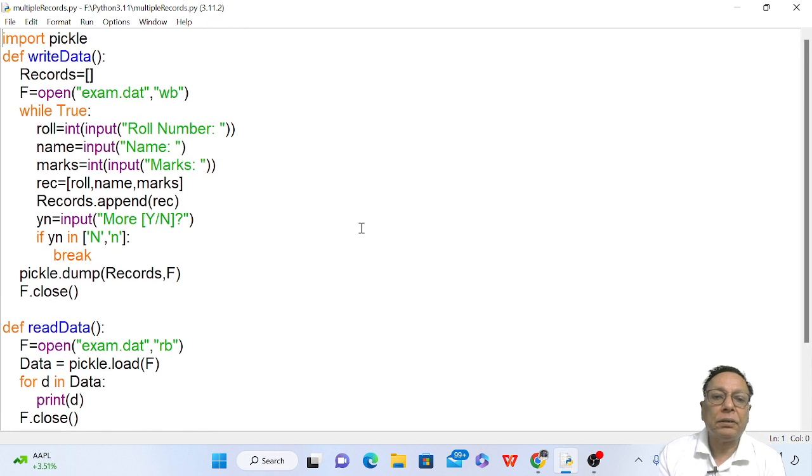So in the last program, we created a program using WB mode. WB mode means you are going to write information onto the binary file: W for writing and B for binary. So this is the program where